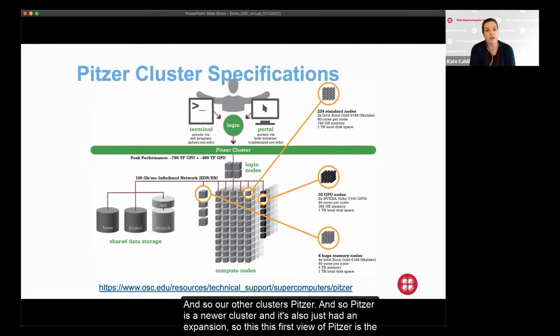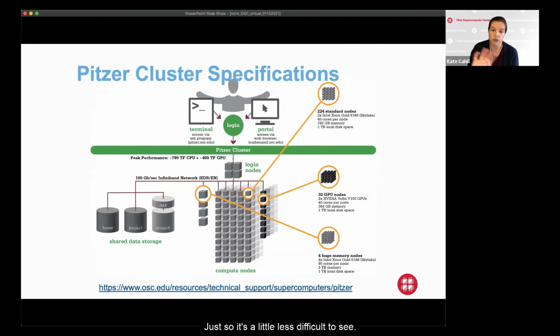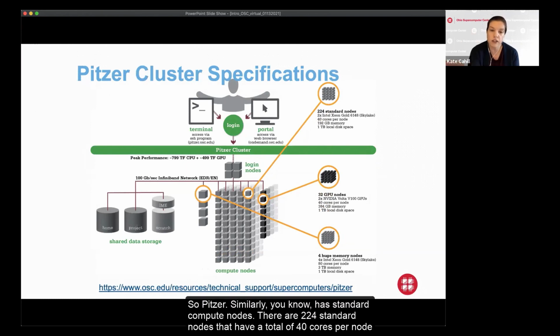So our other cluster is Pitzer. Pitzer is a newer cluster, and it's also just had an expansion. This first view of Pitzer is the original Pitzer, just so it's a little less difficult to see. Pitzer, similarly, has standard compute nodes.